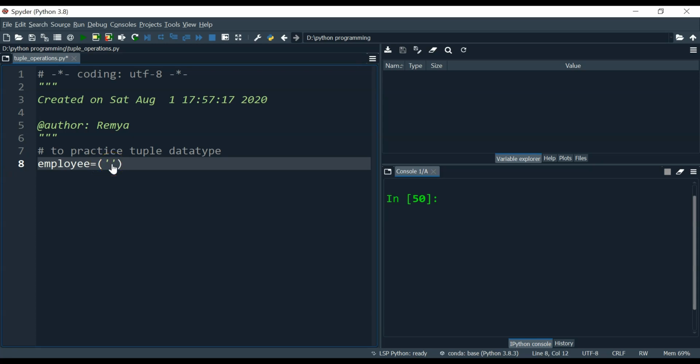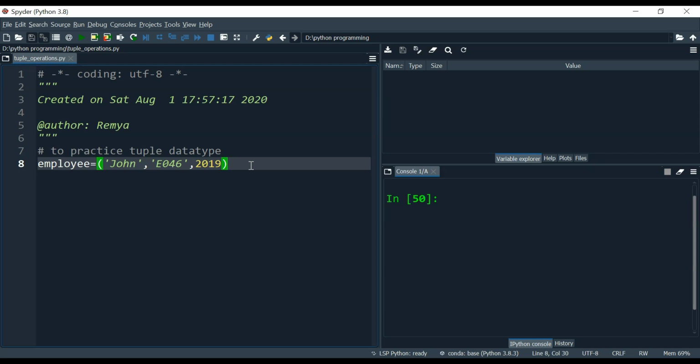I am going to give the value John, comma, the employee code E046, and the year I am going to give as 2019. Now you can see a mix of data types inside this tuple.